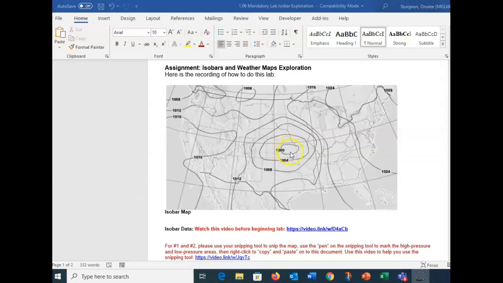So inside of this circle, everything is approximately 1,000 millibars. All of the air between this circle and this circle would be approximately 1,004 millibars. So right in here, this is all about 1,004. Of course, the pressure goes up as you move from this inner circle towards this outer circle. When we look here, all of the air between this line and this line would be approximately 1,008 millibars,